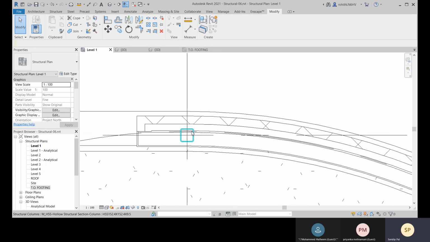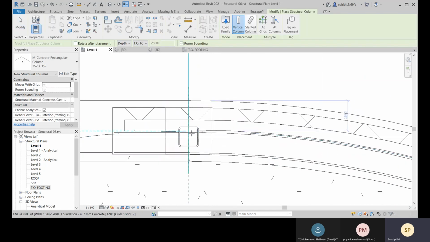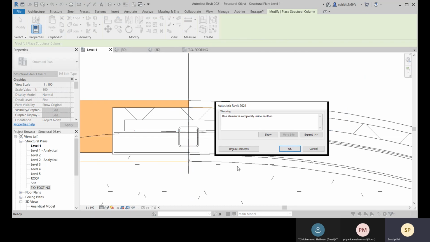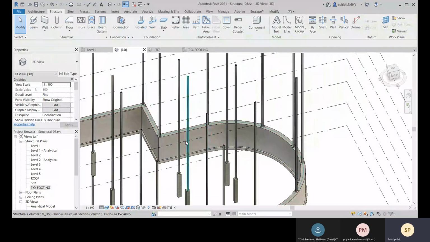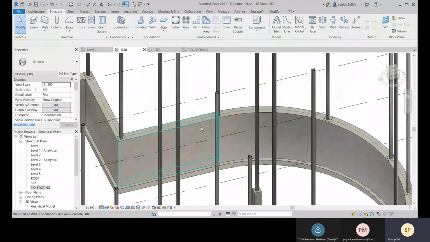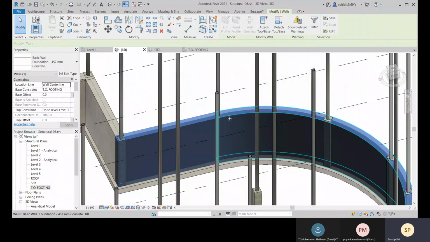Okay, for the structure, for the column here, let me place it. I have to place it here. Okay, let me come back here. Let me see. HH is the shortcut for hiding.